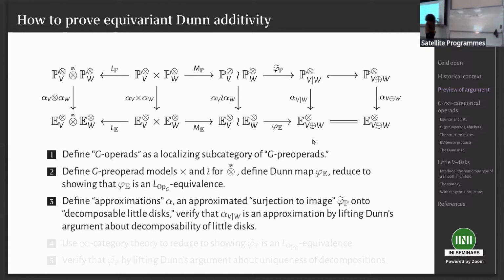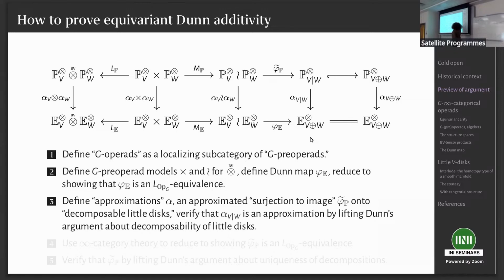And the main content of this strategy, once we reduce to showing that this is a local equivalence, will be to talk about a well-controlled theory of approximation that allows us to pull this back to some more convenient situation. These PV operads, which if you like factorization homology, are supposed to be operads for equivariant prefactorization algebras, and you argue there. In particular, we're going to do